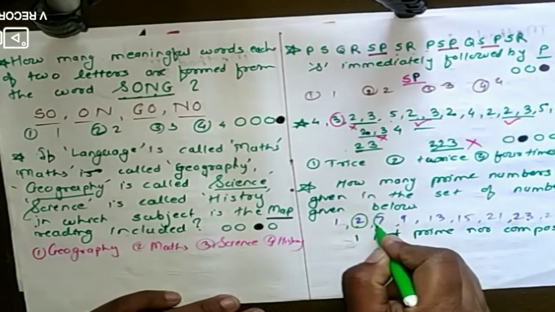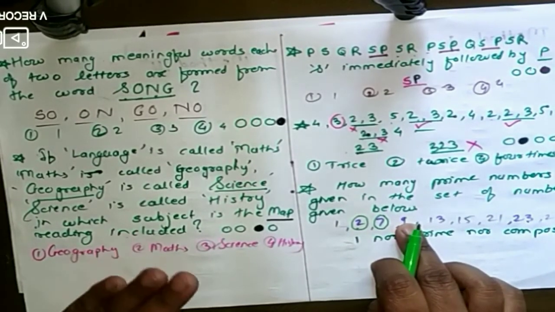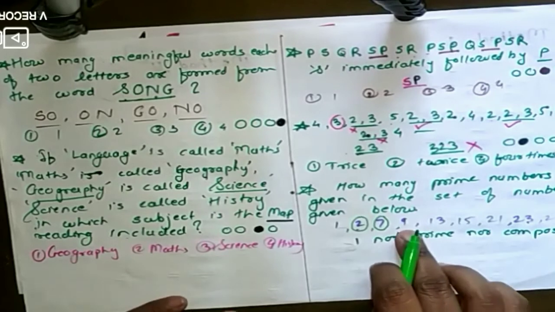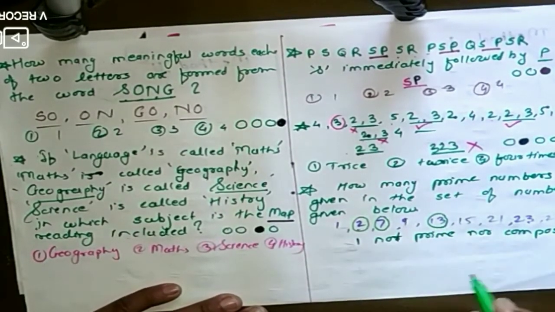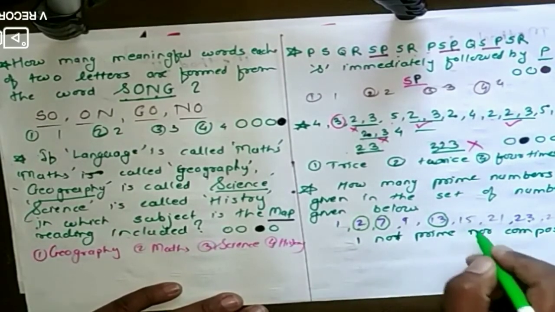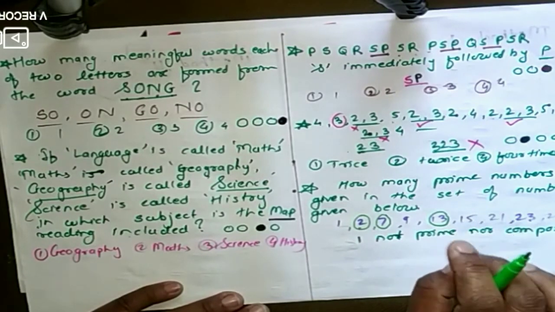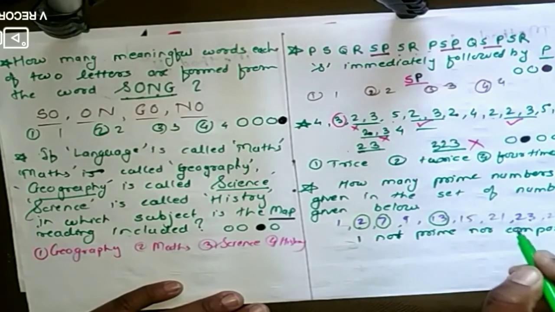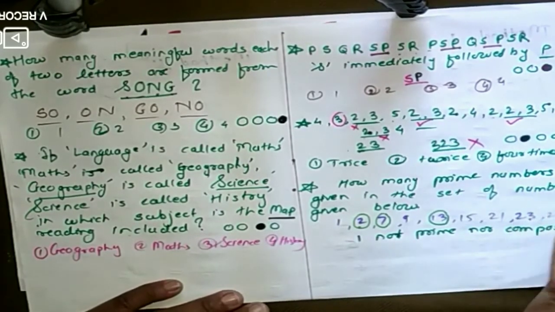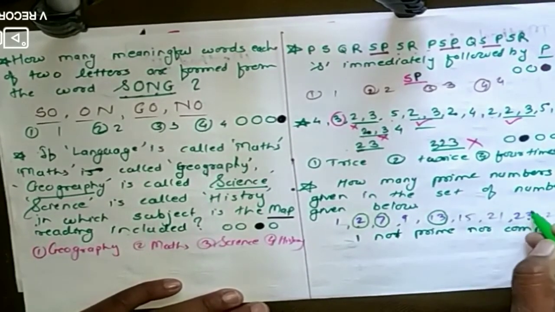Next it is 7. Yes, it is also present in its own table only. 9 is present in the 3 table. 3 nines are 27, no, 3 threes are 9, 9 ones are 9. It is present in more than one table, so it is not a prime number. Next 13 is odd and present in its own table only. 15 is present in 3 fives are 15, 5 threes are 15, 15 ones are 15. So it is present in more than one table and is not prime. Next 21: 3 sevens are 21, 7 threes are 21, 21 ones are 21. So it is also present in more than one table.